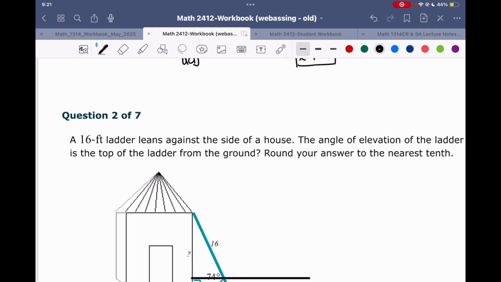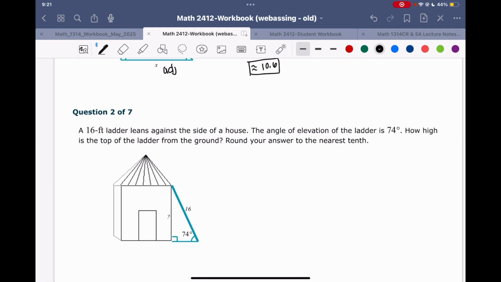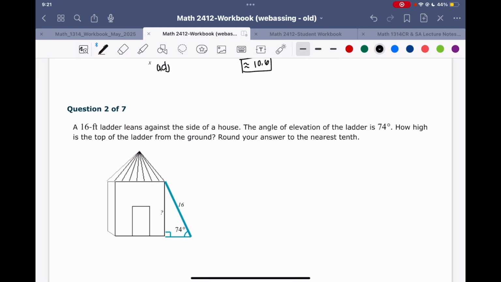Number 2, a ladder leans against the side of a house. The angle of elevation is 74 degrees. How high is the top of the ladder from the house? Round your answer to the nearest tenth. We are looking for the height. The height is this right here. That's what we're looking for. So if we look at this triangle on its own,